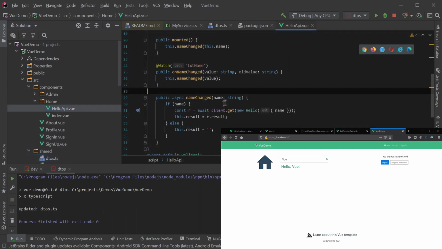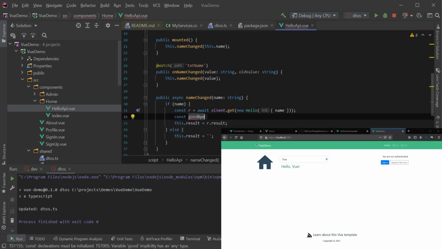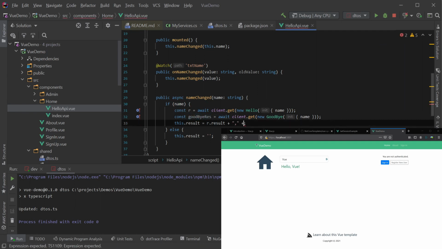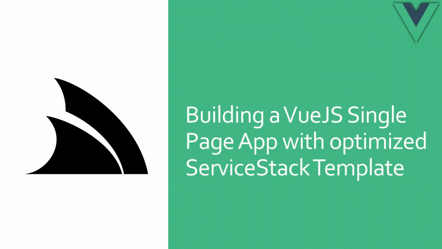Lastly, we can wire up the existing Hello API Vue component to also call the goodbye service and incorporate both results in the displayed message, saving our changes and the page hot reloads showing results of both services instantly. The vue-spa template is just one of many project templates